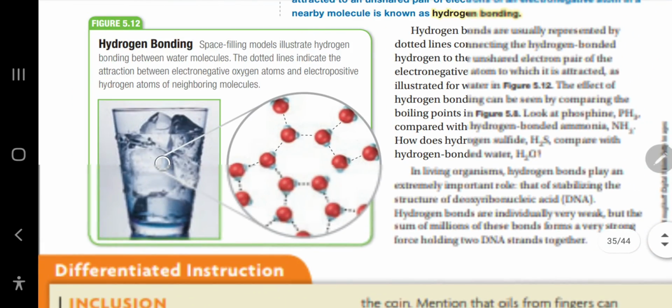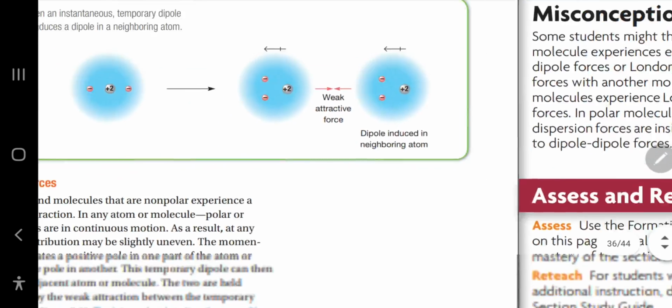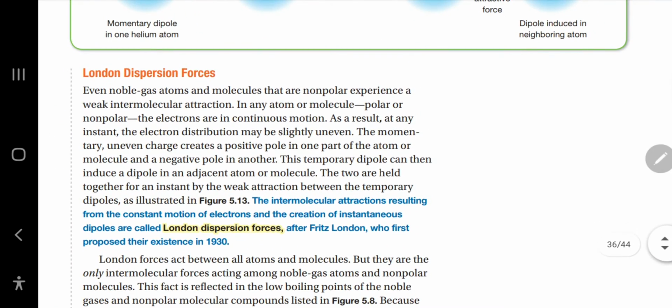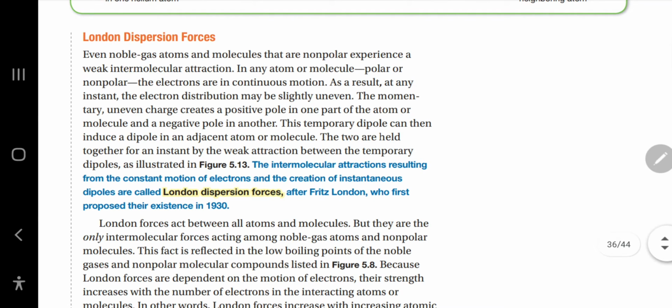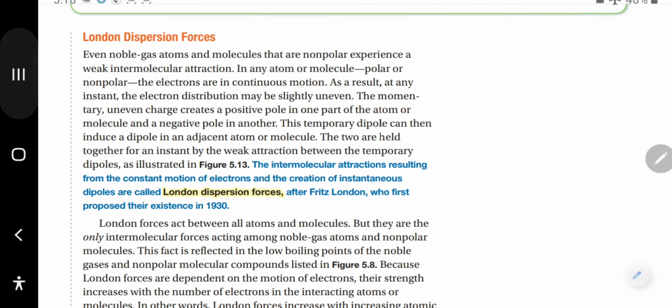Now our last type of forces that we're going to talk about here is London dispersion forces. And actually, this attraction results from the constant motion of electrons and the creation of instantaneous dipoles inside the molecule. For example, if we talk about helium, which is a noble gas,